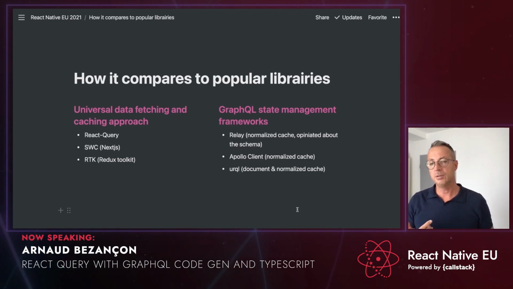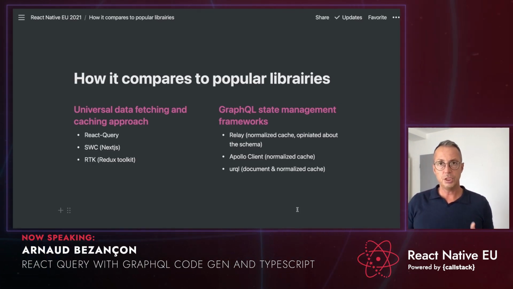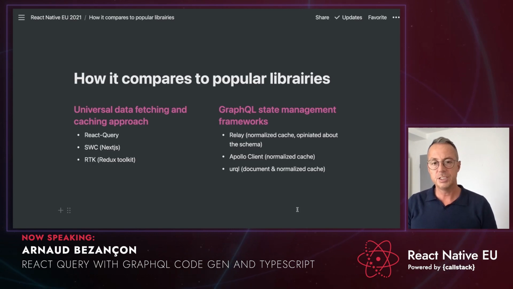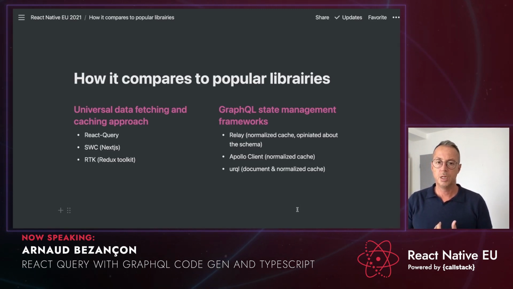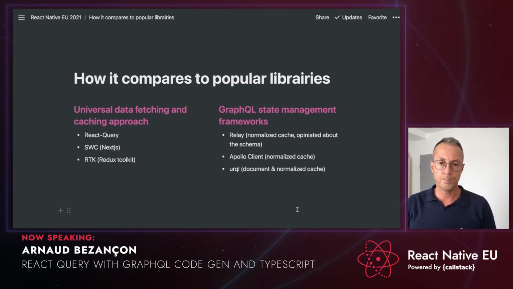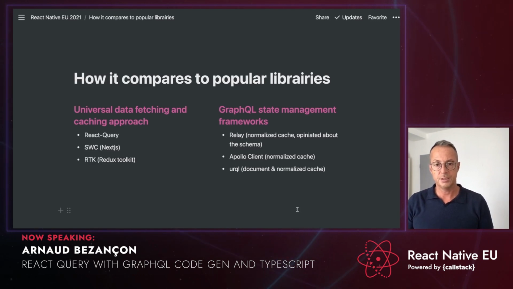I mean, when you do a mutation, it will automatically know which data to update in other queries. So it's nice, but there are a lot of edge cases. And again, there is maybe a kind of learning curve